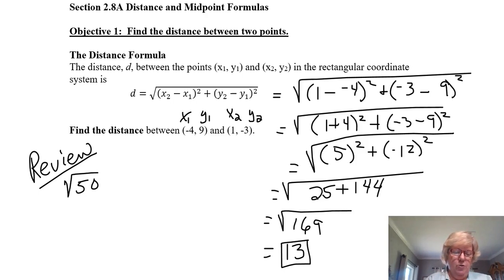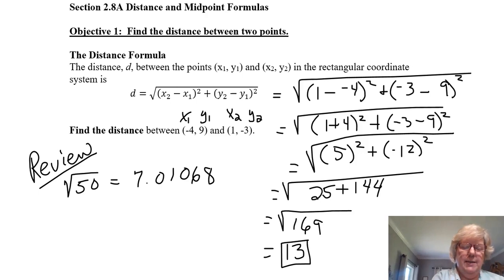Now when you put that in your calculator, square root of 50 gives me 7.01068, and it continues on. Well, that is the decimal answer. Sometimes you may be asked for that, but a lot of times you're going to be asked for the radical